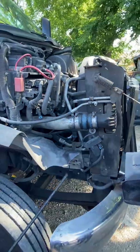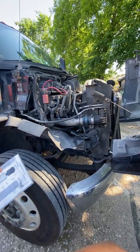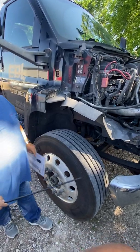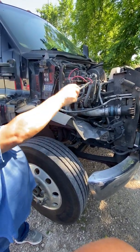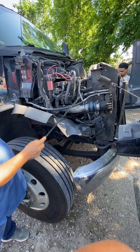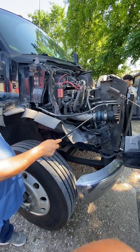So those are your four main parts to the engine: the water pump, the belt, the alternator, and the air compressor. So now you're done with the four parts. Now the only thing left to do is inspect all the hoses. What you want to do here is just touch all the hoses. Look, I'm going to check all of them, checking that the clamps are tight. Some of them have fittings like that, so I just have to make sure fittings are tight, clamps are tight,